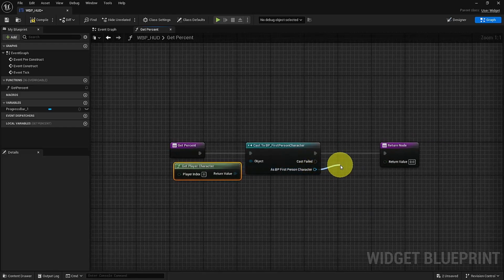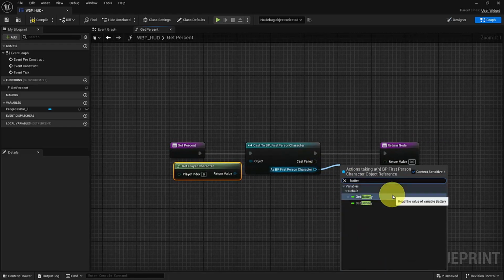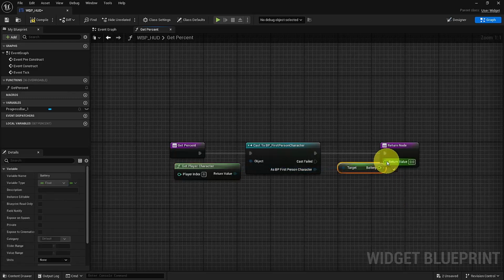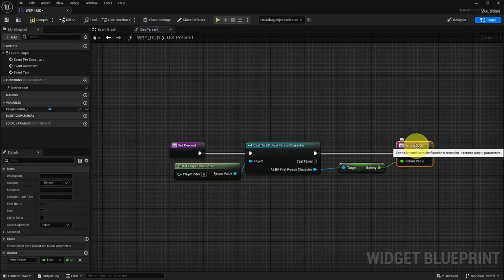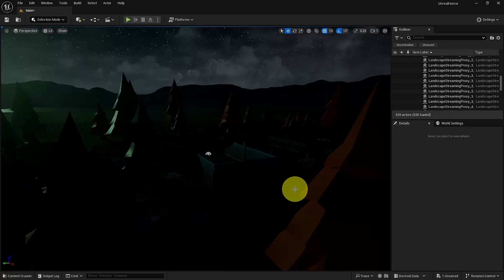Now here we can get the battery. And that's it. Now if we play our game, we won't see anything yet because we need to create our